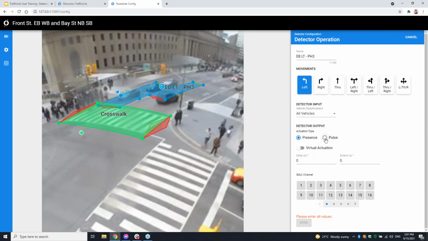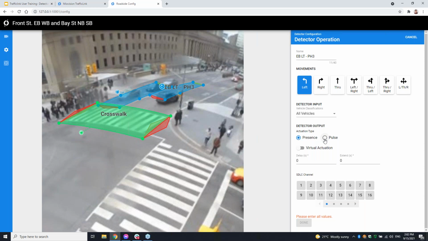From there, you can choose if it's a presence or a pulse detection. So if you're looking at, I want a presence detector zone, or I'm going to try and do an upstream detection. At the moment, we can't go too far upstream or behind the intersection because of the distance our camera can see, but you can put pulse zones from within the intersection, or where line of sight does work for the distance. MyoVision is working on an advanced camera to complement our 360 camera, so that you can simply input advanced detection as well from our processors.